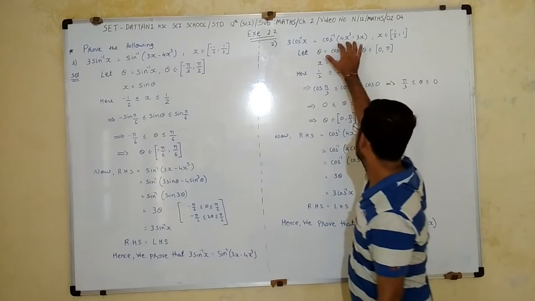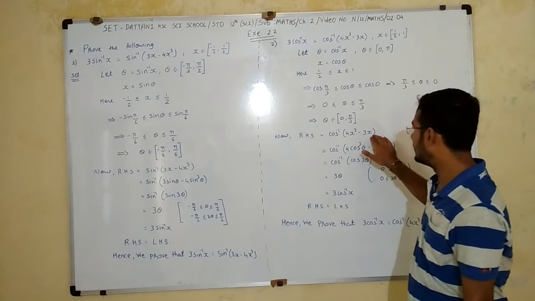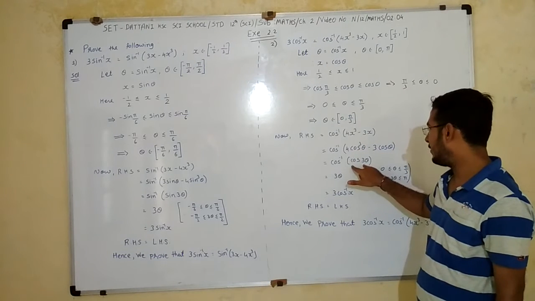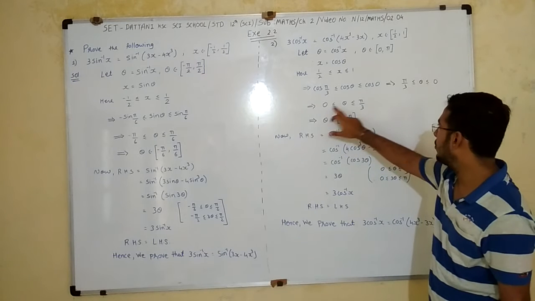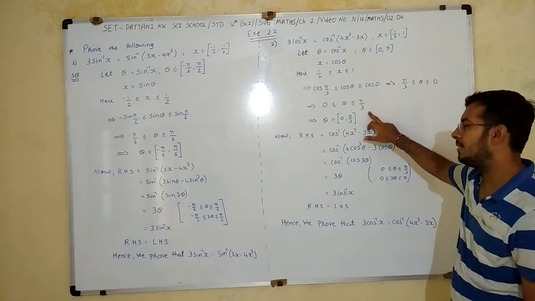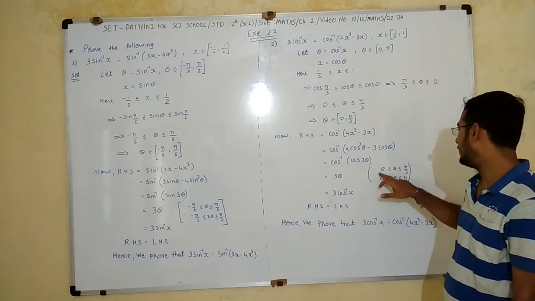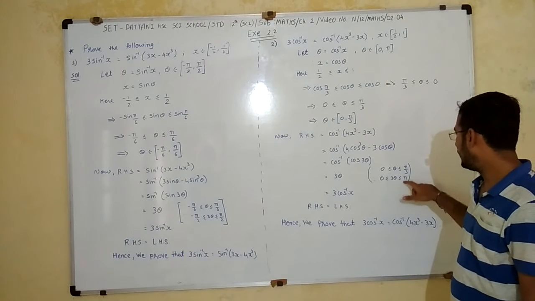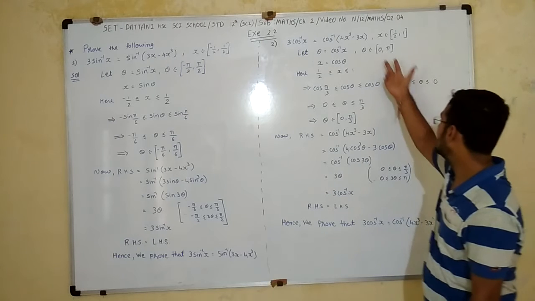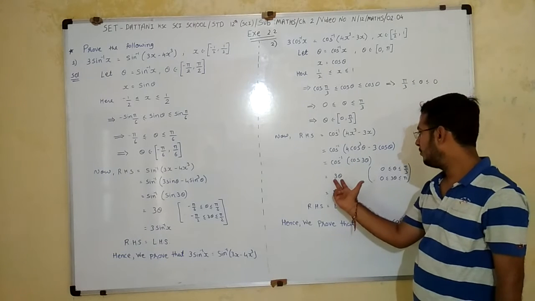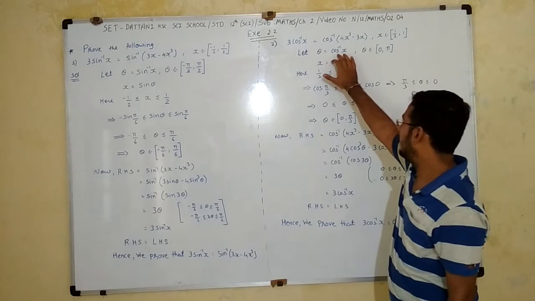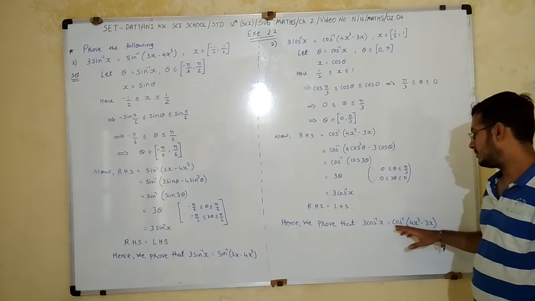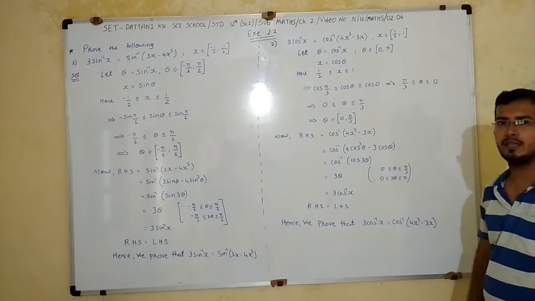Now we take RHS, cos inverse of 4x cube minus 3x. Now just put x is equal to cos theta here, so it is the formula of cos 3 theta. Now the range is 0 ≤ theta ≤ pi/3. Now I have here 3 theta, so first multiply by 3. 0 into 3 is 0, 3 into pi/3, we get pi. So it is in between 0 to pi, so this thing is removed and we get 3 theta. Now putting the value of theta as cos inverse x, both are equal. Hence we prove that 3 cos inverse x is equal to cos inverse of 4x cube minus 3x.